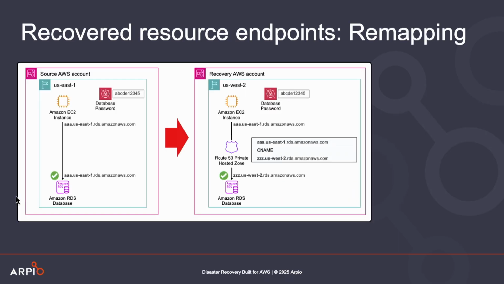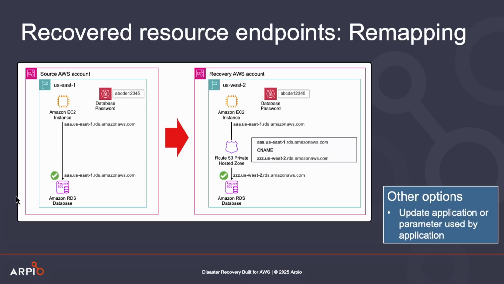The RPO solution that we took was to create something called private hosted zones. A private hosted zone is a Route 53 private hosted zone. It's DNS that operates within a VPC. So it's not public DNS. It's totally private, totally within the VPC. And we can do all the DNS stuff you'd expect, like CNAME records, to remap AAA to ZZZ. Now the application thinks it's talking to AAA. It gets remapped. It doesn't even know. And it's able to connect to the database at ZZZ, all using these private hosted zone DNS entries.